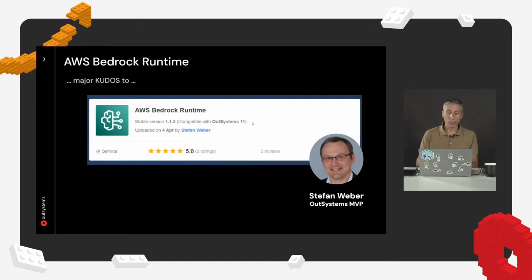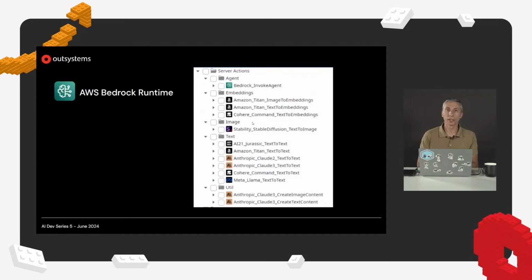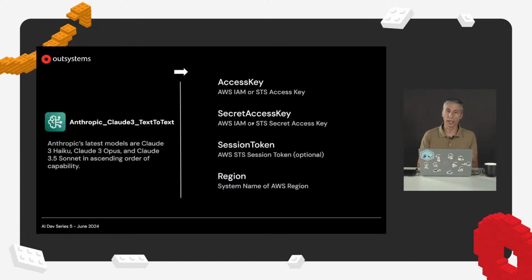Now, we will focus on a subset, like Darragh was saying. There's a lot of different services. We will focus on one of the components of the services. We have here a list of what components are available in this connector, and what we will be checking today is this one. We're going to use the Claude